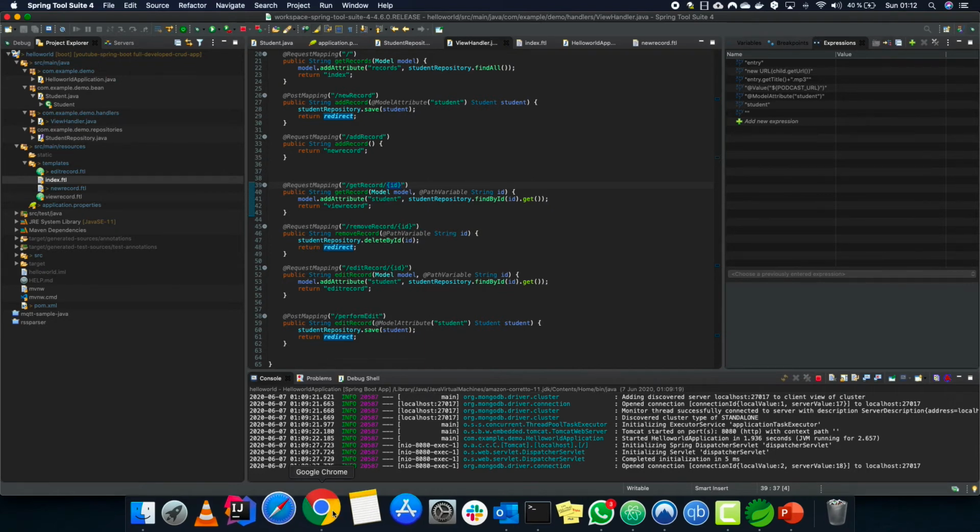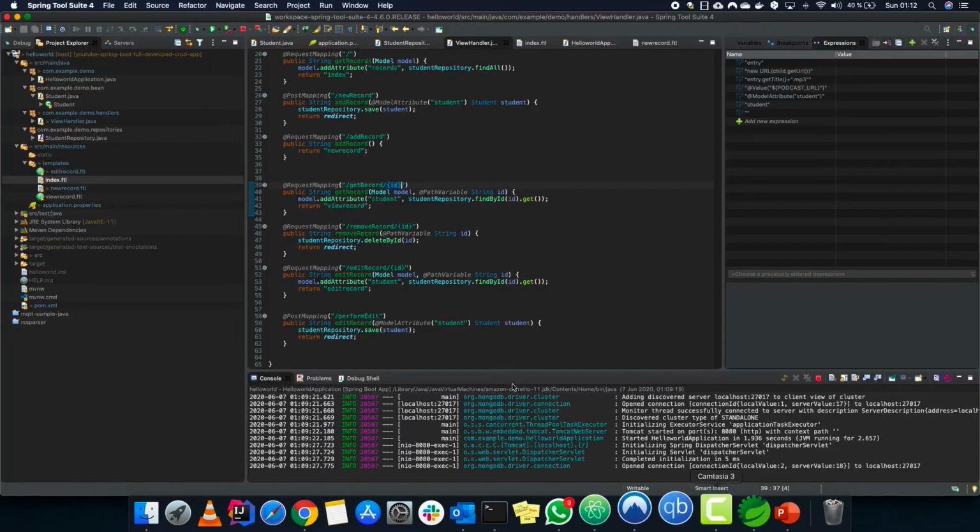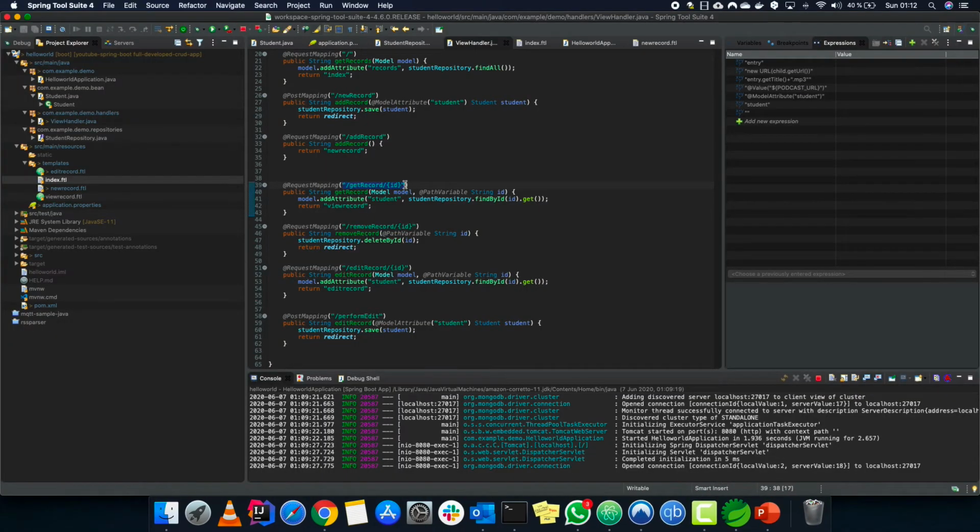When we click on it, the address looks something like that: get record with the ID appended. So when we click this, our method goes into the get record. So this get record runs, and with it, the field that is appended is the ID.